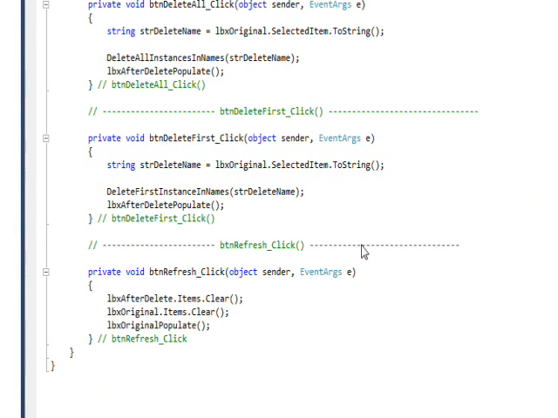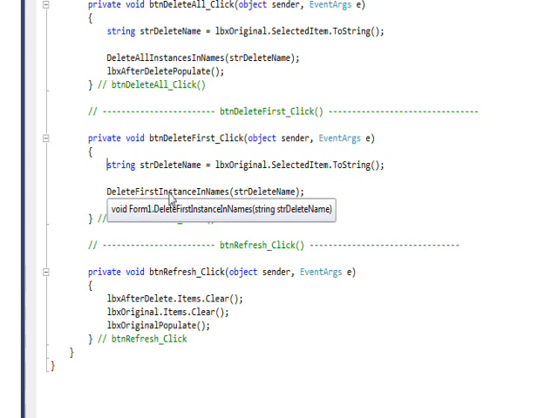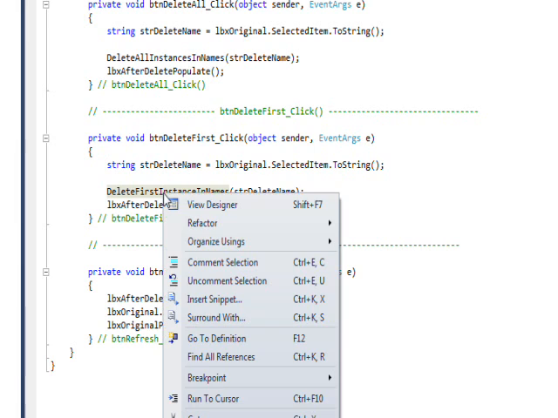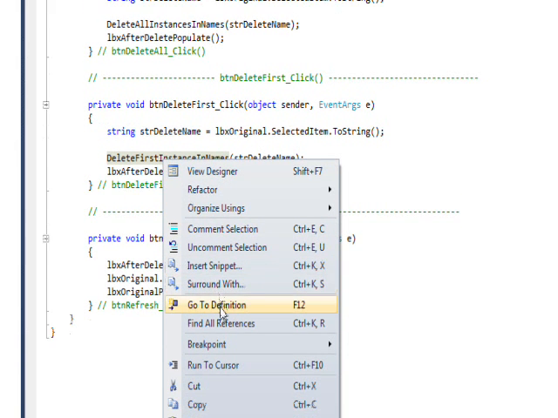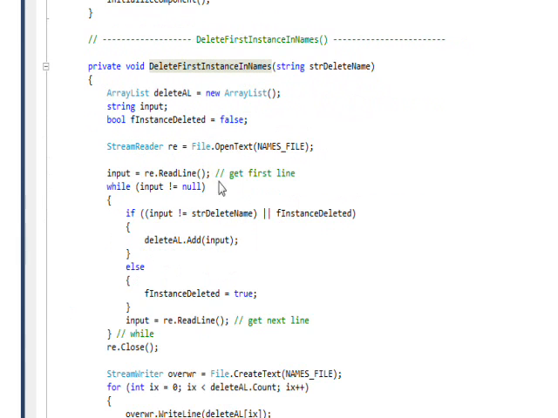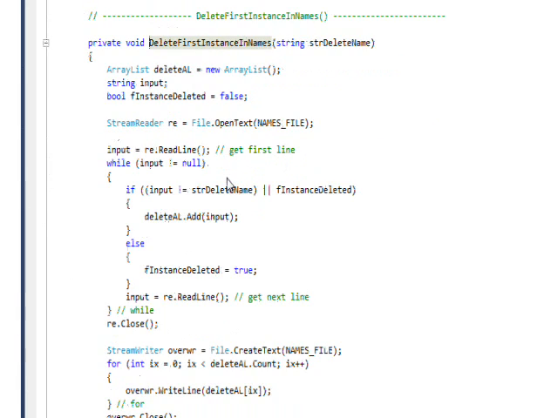If we go into the event handler for the other button, which is the delete just the first instance of the name, the code is pretty much identical. We get the name from the list box, but this time we call a different function. We call delete first instance in names, passing it the name. And if we put the cursor on this and then select go to definition and look at this function,